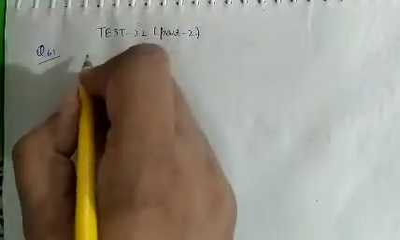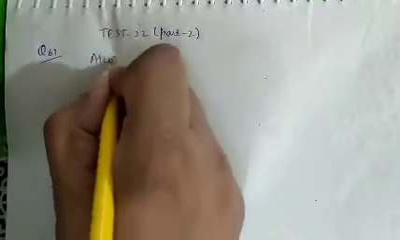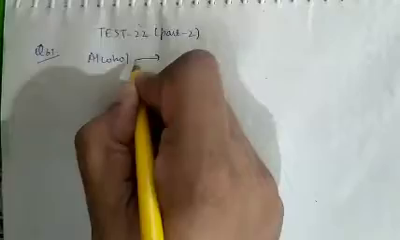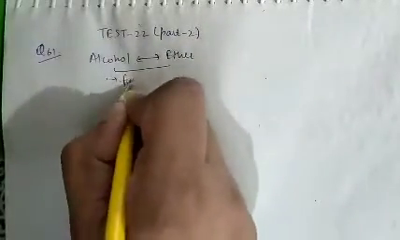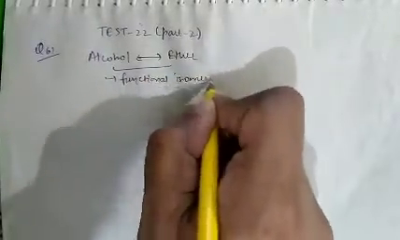See question number 61. Question number 61, what is given there? Which of the following are isomers? As we know, alcohol and ether are a pair of functional isomers. So basically,